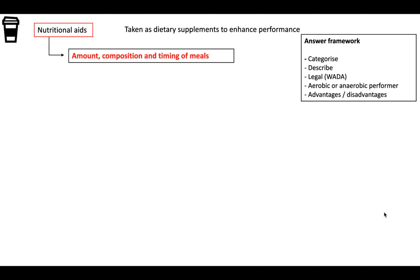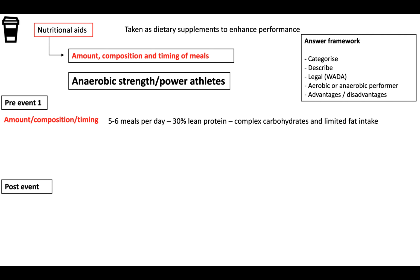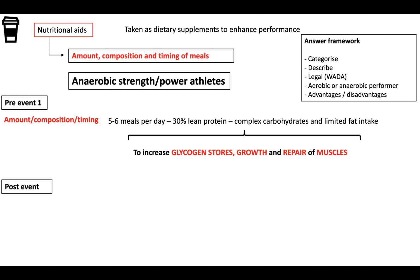Now what we need to do is do the same for anaerobic, so strength and power athletes. We've got pre-event 1 and post-event. For pre-event 1, amount, composition and timing: simply 5 to 6 meals per day, 30% lean protein, complex carbohydrates and limiting the fat intake. What this is going to achieve overall is increasing our glycogen stores, growth and repair